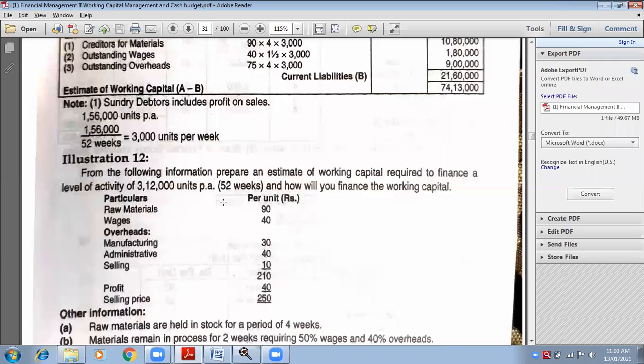They are asking you to prepare a statement of working capital requirement. That means here you will calculate net working capital requirement, and also you will calculate financing. How will you finance the working capital, means MPBF method. So in one question, there are 2 questions included. Did you understand this much? Are you sure? Yes, ma'am.